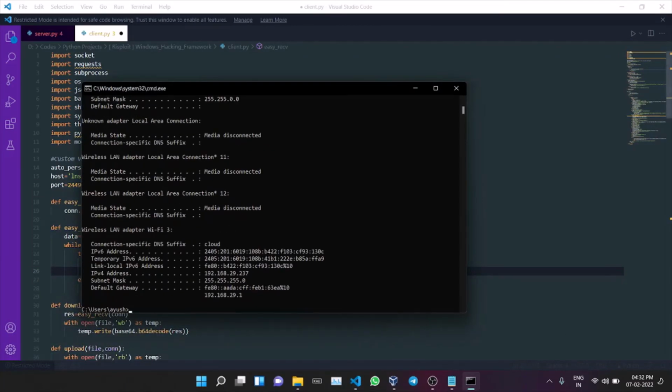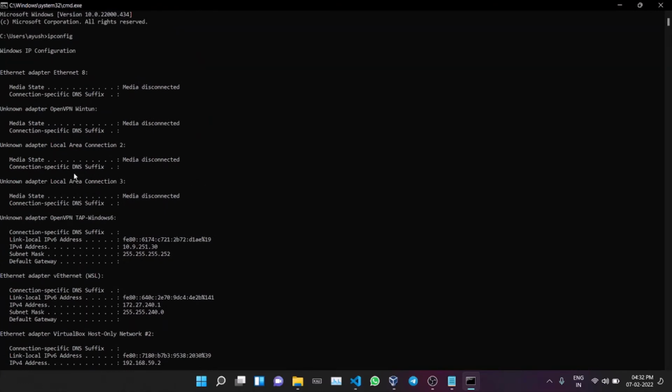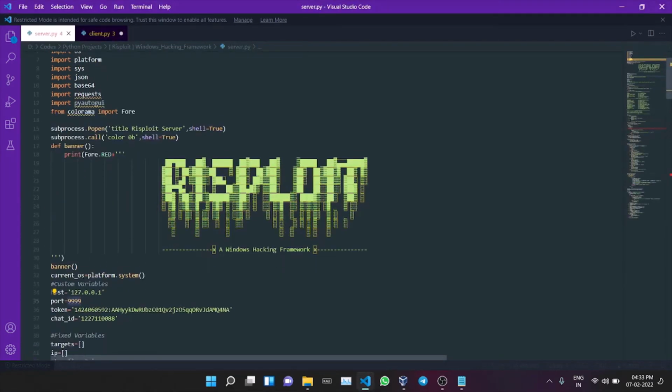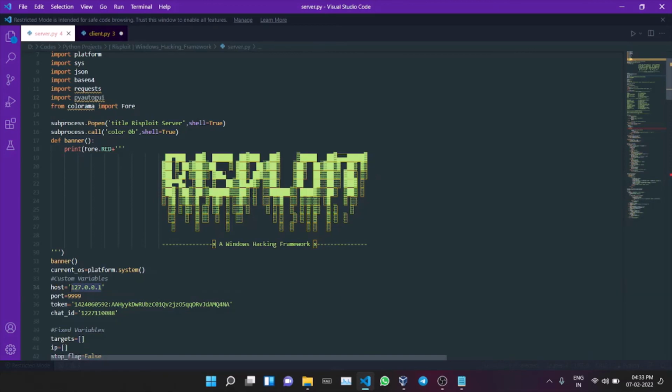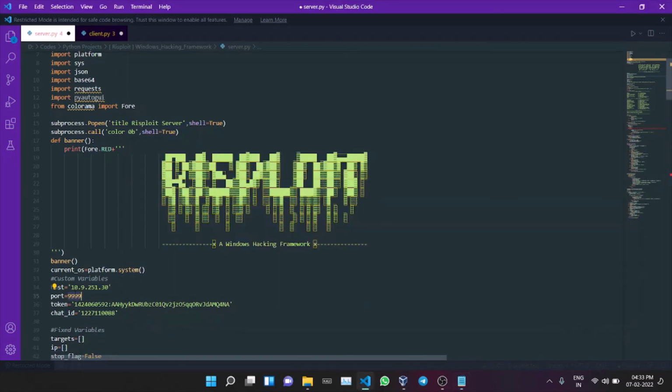When we use OpenVPN, it creates a tunnel named tun0. Let us see if it actually created it. This is the OpenVPN adapter. This one. So our IP is this. Let me copy it. So this is the private IP of OpenVPN. We will paste this IP in the listener, so we will listen at this address. And the port will be the port to which we actually transfer, 80. So our port will be 80.